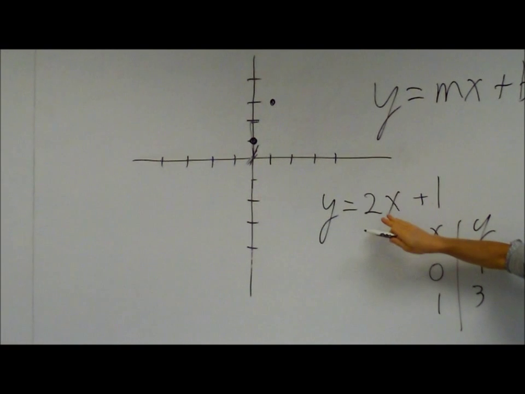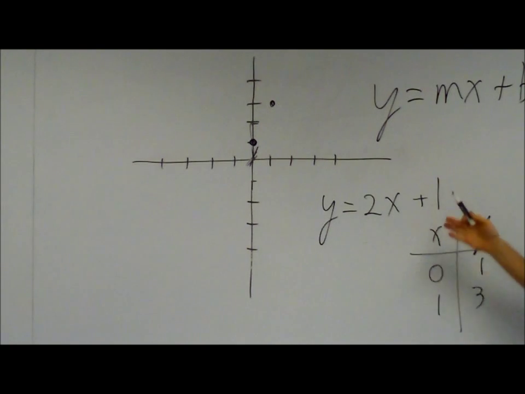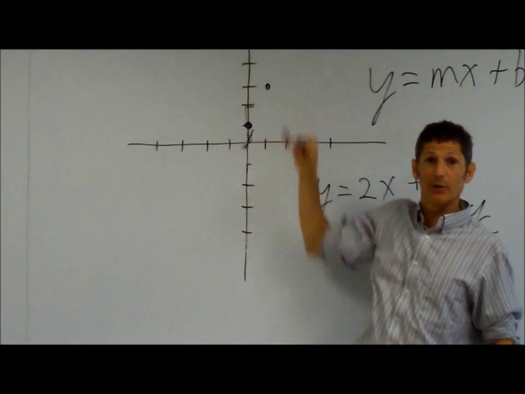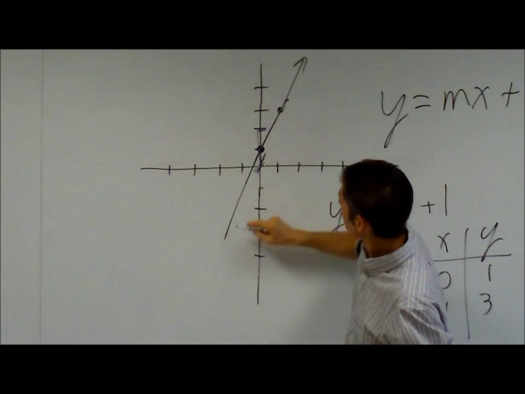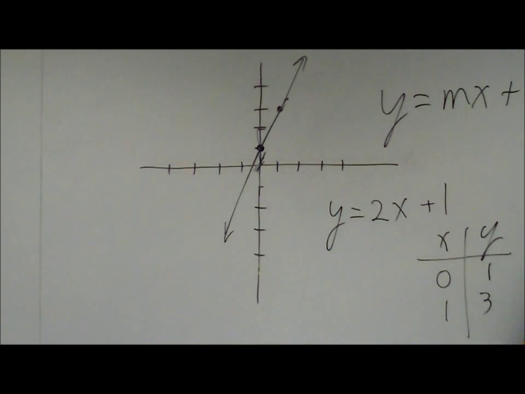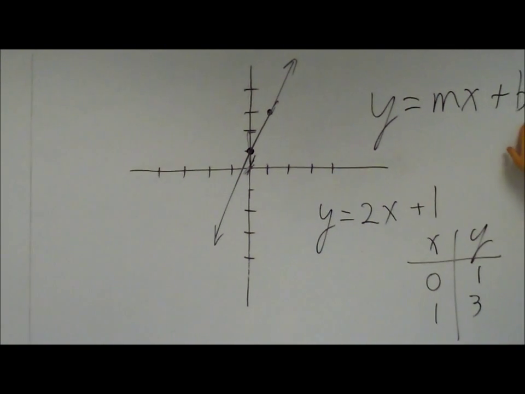And this time when I fill in a 0 for x, I get this value right here. So this value shifts it up and down in the y direction. It is in fact my y-intercept. So it's exactly the same line as y equals 2x, but just shifted up 1. Nifty. So I know that you know this form of the equation, y equals mx plus b, but again,